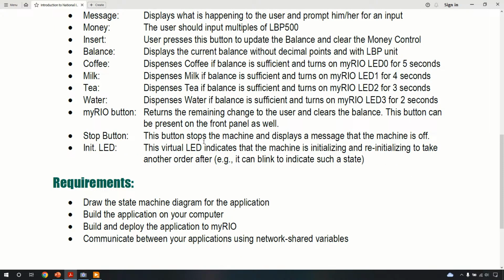Now, what are the requirements for this module? We need to draw, first of all, the state machine diagram for the application. Then we need to build the application on the host PC. Also, we need to build and deploy the application to the NI myRIO, and for that we will build a